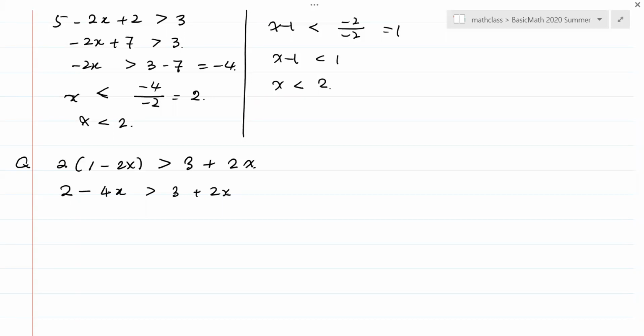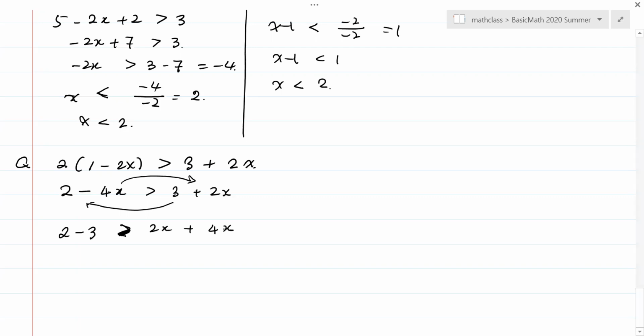So you can move all the similar terms to one side. Because I have a negative 4x, I can move this to the right-hand side and then move 3 to the left-hand side. Okay. Yeah, so 2 will be minus 3, greater than, right? 2x plus 4x plus,